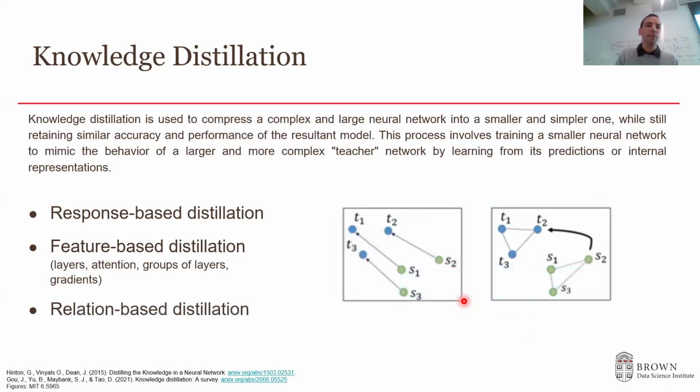And the third option is relation-based distillation. Here we don't care to map between each output or each component within the student and teacher model. We care to reduce the distance between the relations between outputs of the teacher model and the relations between the outputs of the student model. So we try to capture here a relational knowledge that exists in how the teacher model predicts its output.